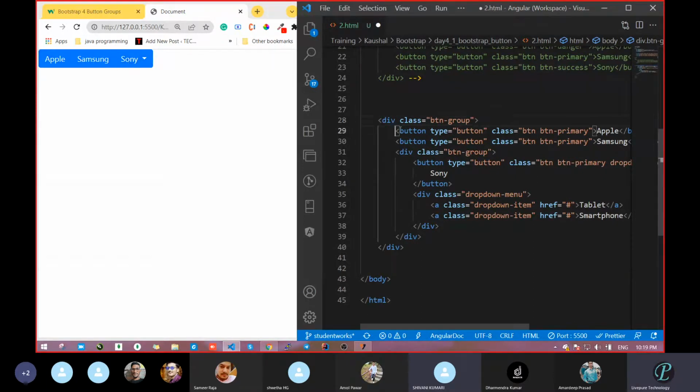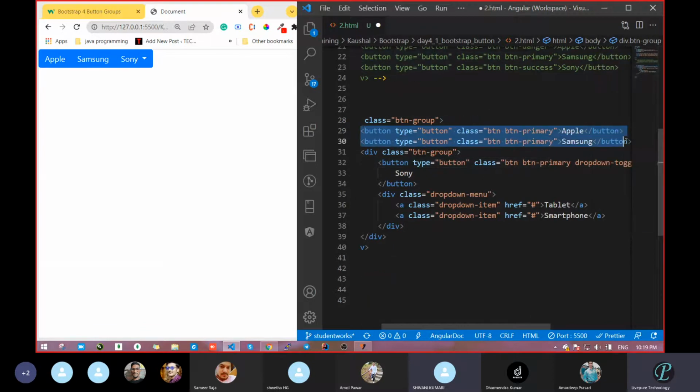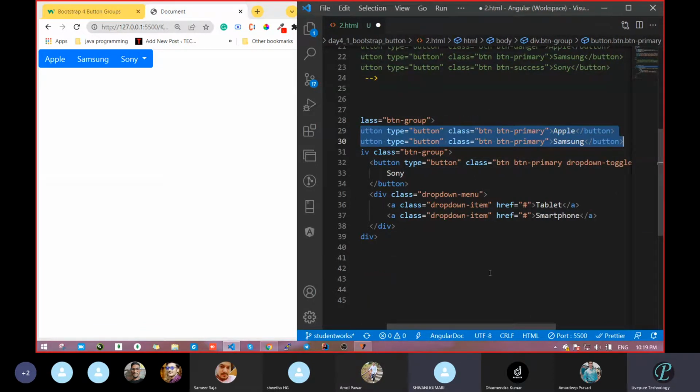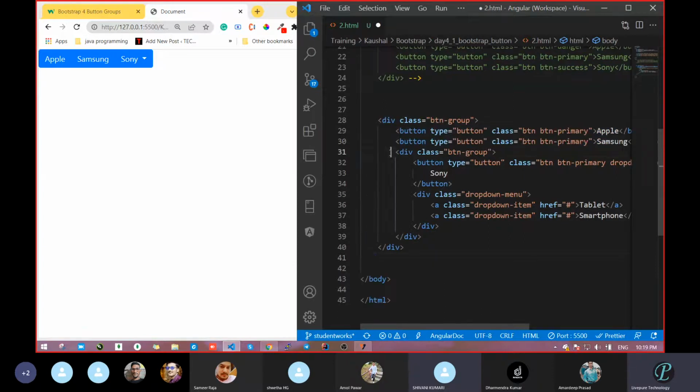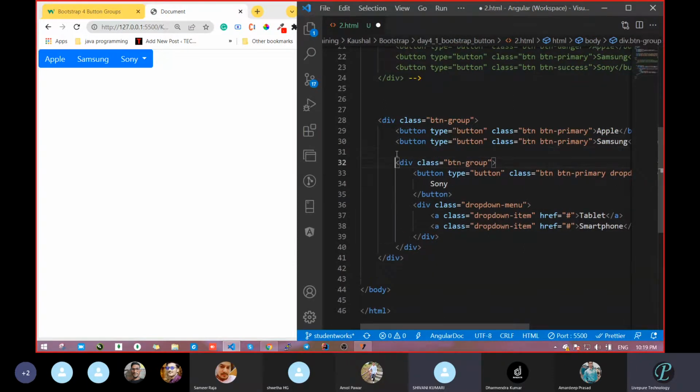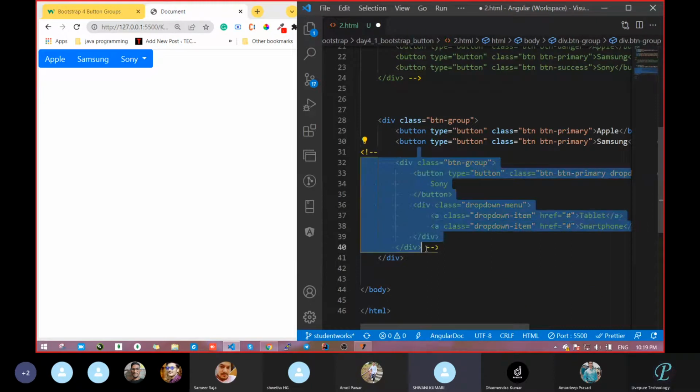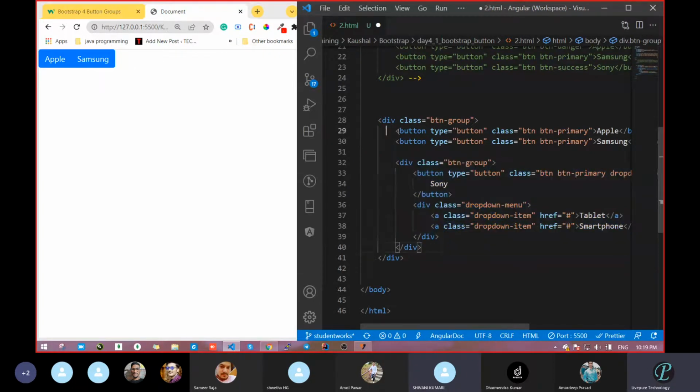Take this, see. One Apple, then Samsung, but Sony is not available there. Let it be. For Sony, we started another div. Let's comment this and save. We got two buttons. Now we want the third one with a dropdown. So third one, dropdown. Let me comment this line.